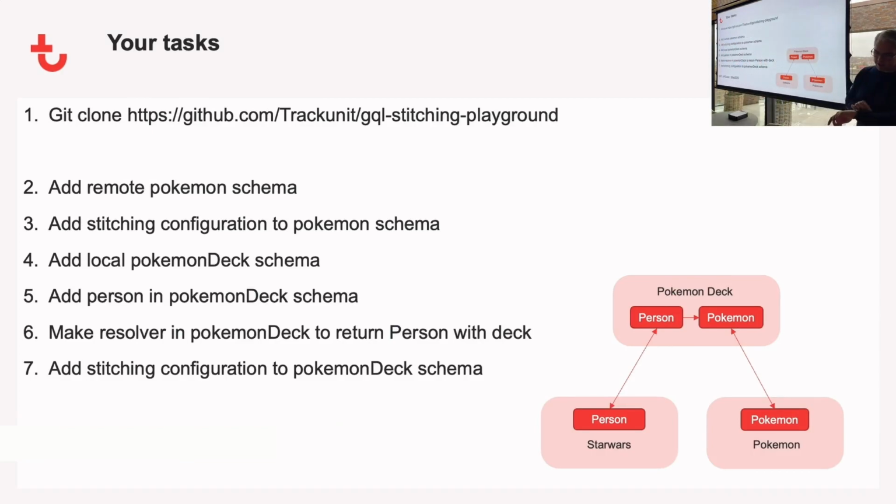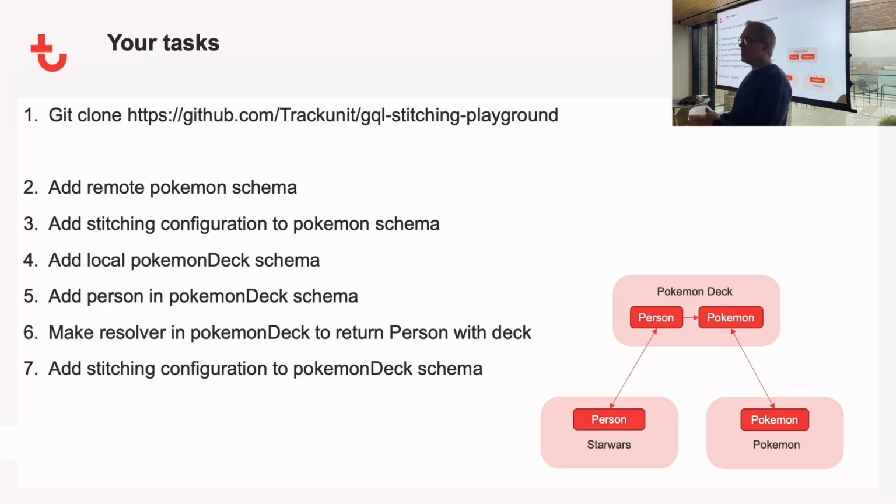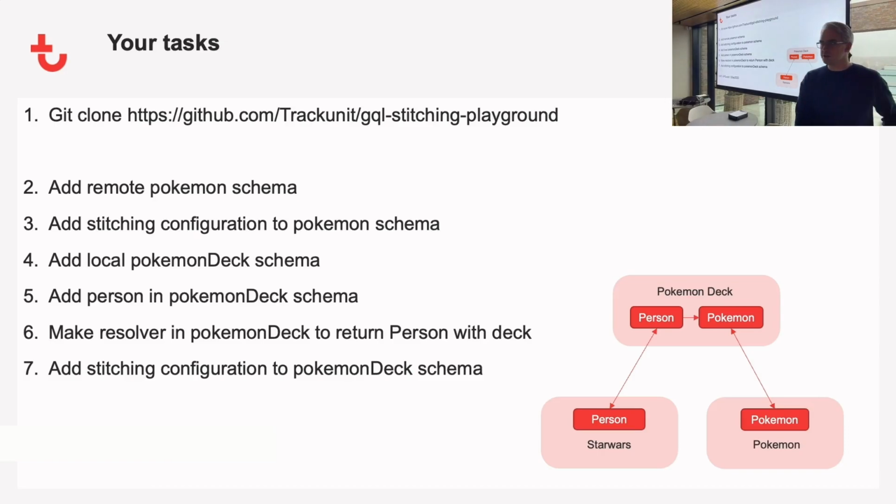So the idea is we have until we're done, someone said, right? And then we'll wrap up with the more advanced features on GraphQL. Thank you for participating in the workshop. It was nice to see if we can get some code written. It's always easier to grasp all the concepts when you're writing the code yourself, rather than just consuming